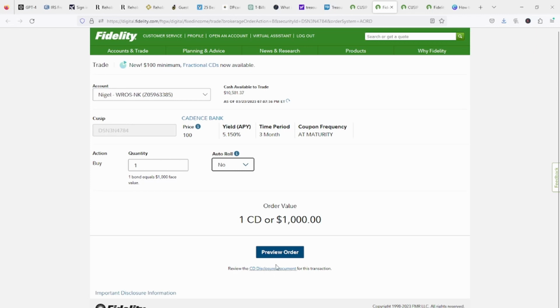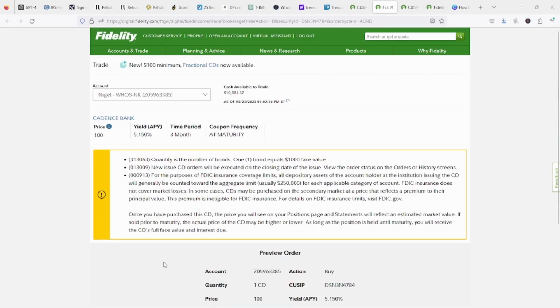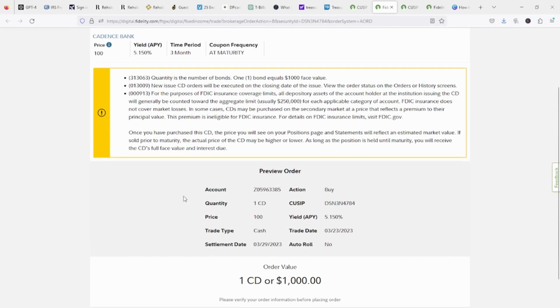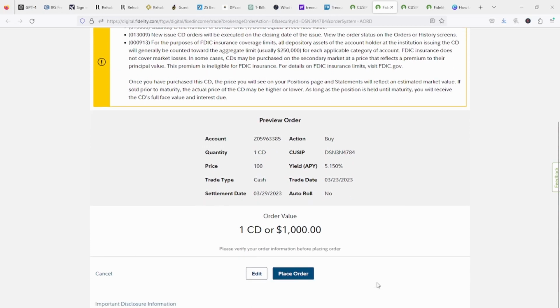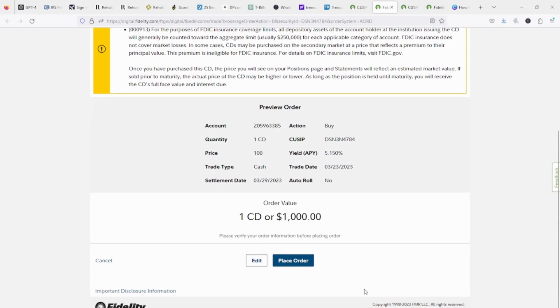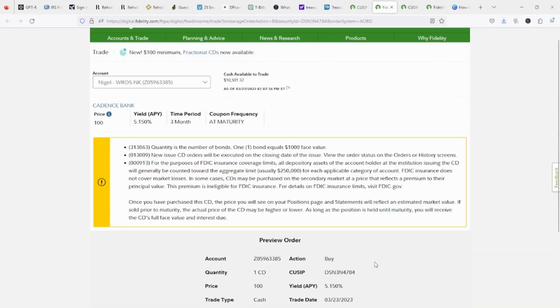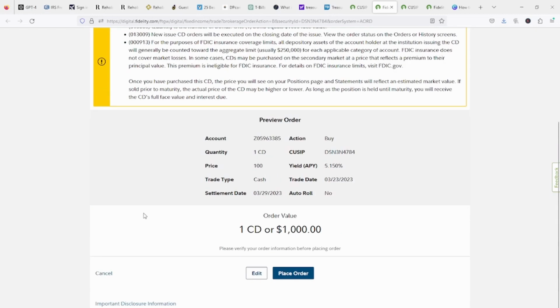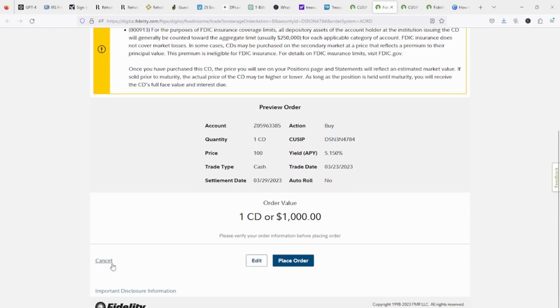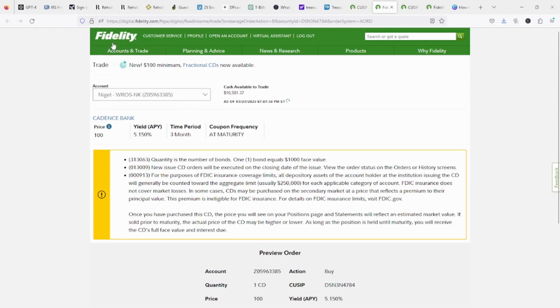All right, now we preview the order. Once the order is previewed, it shows you everything that's going on, and then you would place the order. Because this is a demo, I'm not going to go ahead and place the order here, because once you click this, the order is placed. And then I'm just going to back out of it, come back to account,